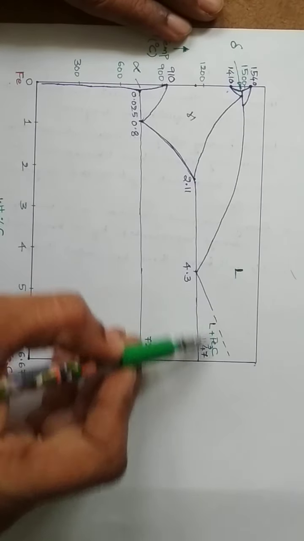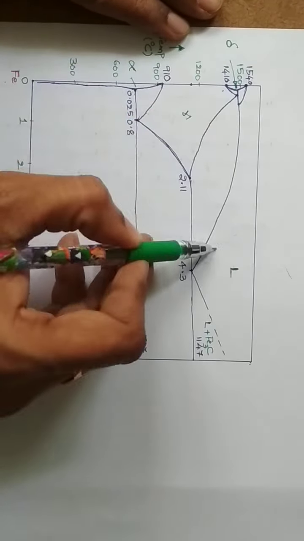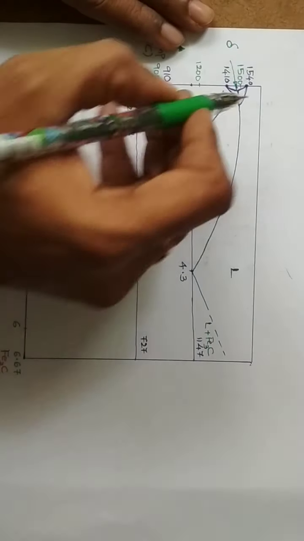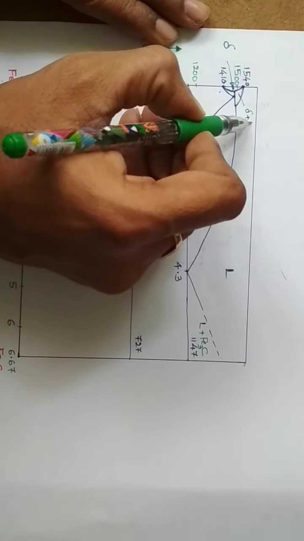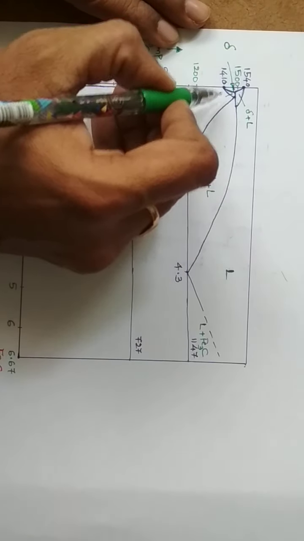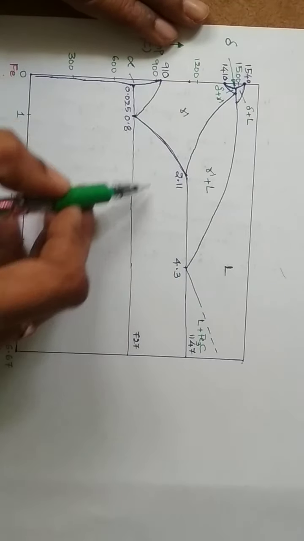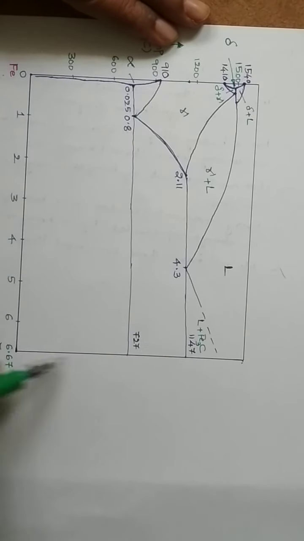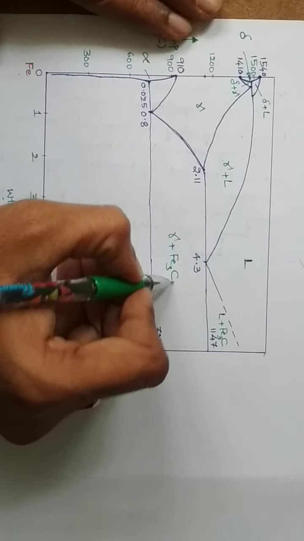Okay, so the tie line is intersecting liquidus and Fe3C. So we have L plus Fe3C. Similarly here we have gamma plus liquid. Okay, and in this small region we have delta plus liquid, and here we have delta plus gamma. And coming to this region, when you draw a tie line, it intersects the gamma boundary and Fe3C. Okay, so we have gamma plus Fe3C.